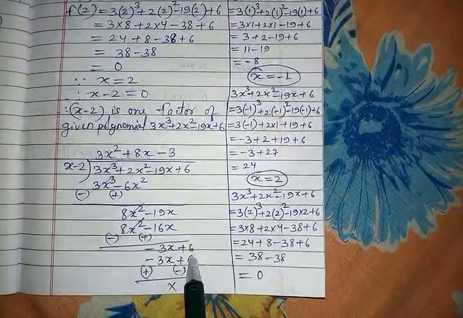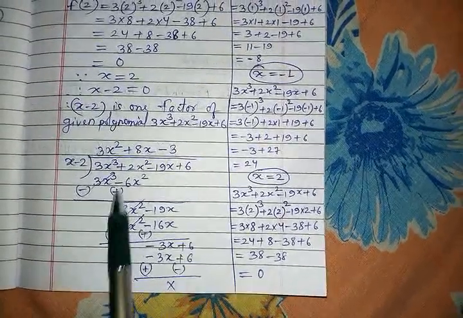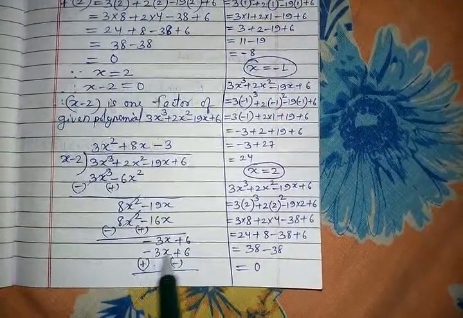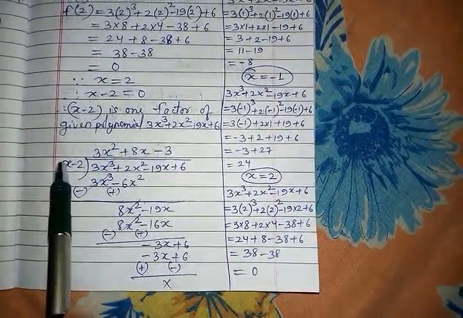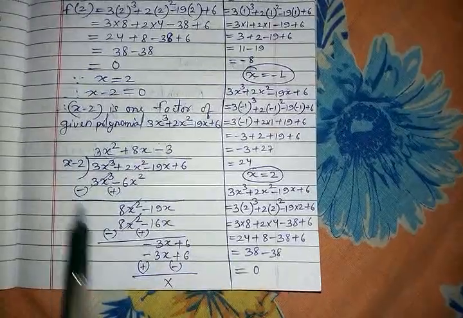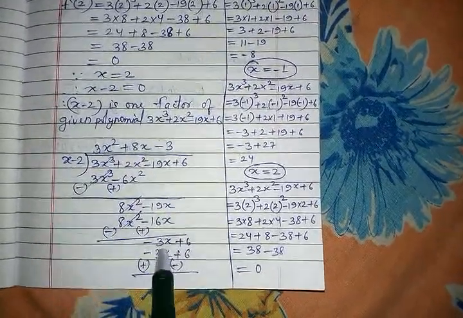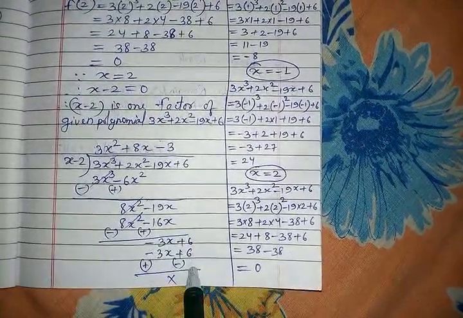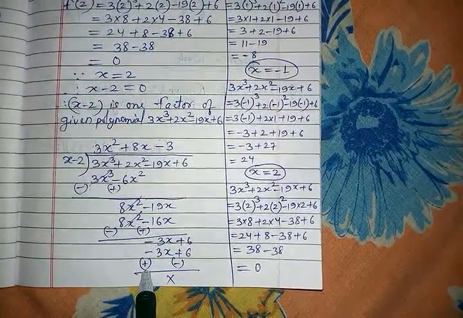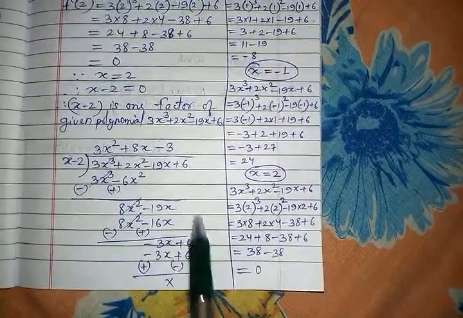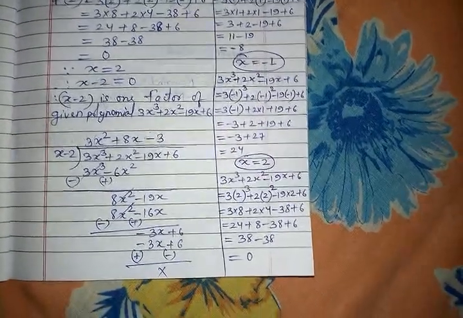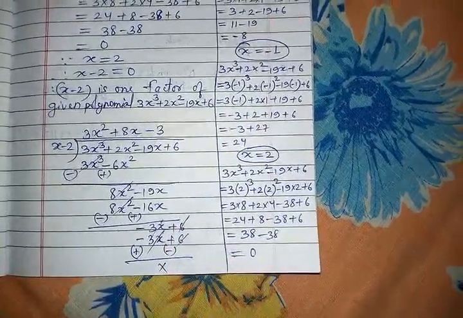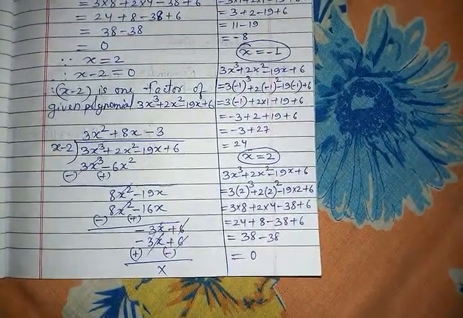Now the last number to come down is plus 6. Now again target the quotient in such a way that you get minus 3x, same here. So I wrote minus because minus into plus is minus. 3 1s are 3, 3 into x is 3x, and minus into minus is plus. 3 2s are 6. Now you can see minus became plus after subtraction, plus became minus, and they all got cancelled. Here I forgot to cancel. Actually they will cancel, because same number plus and minus, they cancel.